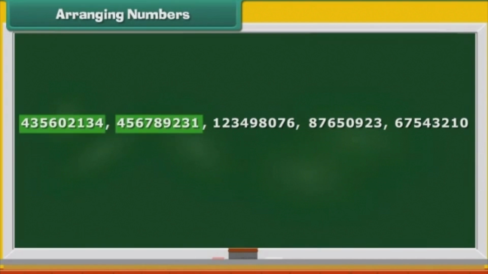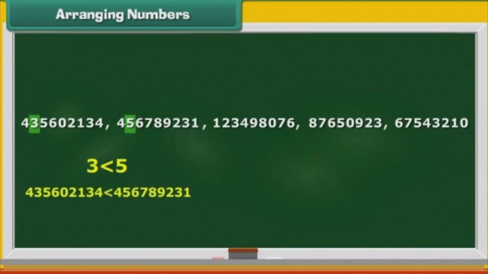The remaining 9-digit numbers are 43560 2134 and 456789 231. Their first digits are the same. Their second digits are 3 and 5. Since 3 is lesser than 5, therefore